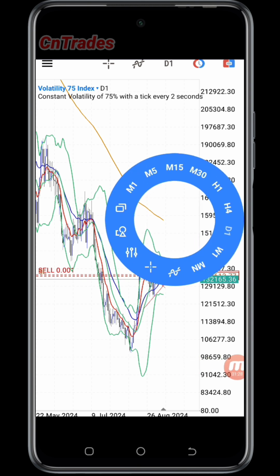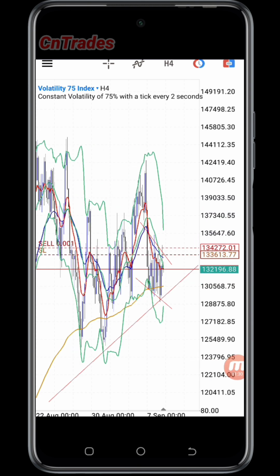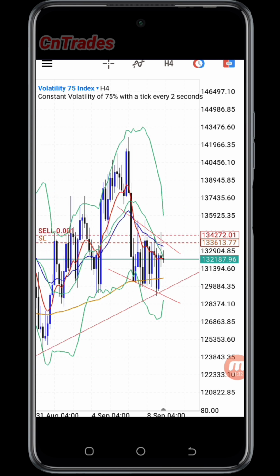But what informed my entry, right? So using the Rocket Flow strategy, I discovered that although on 4 hours time frame this is happening, there was a sell off, a massive sell off. You can see these two long bearish candles. Okay, that was a sell off for me, and after that, there is a creation of what looks like